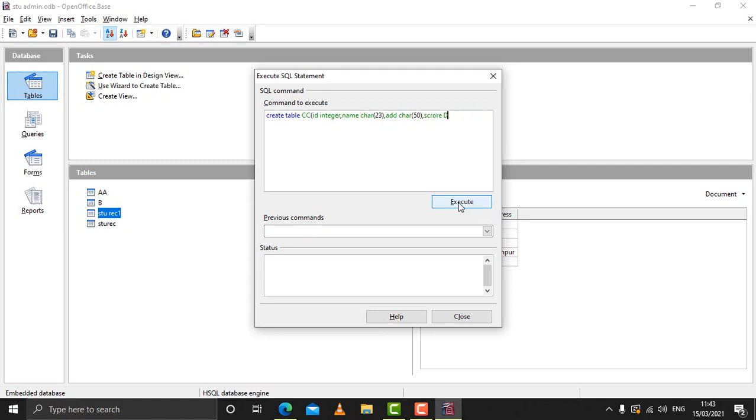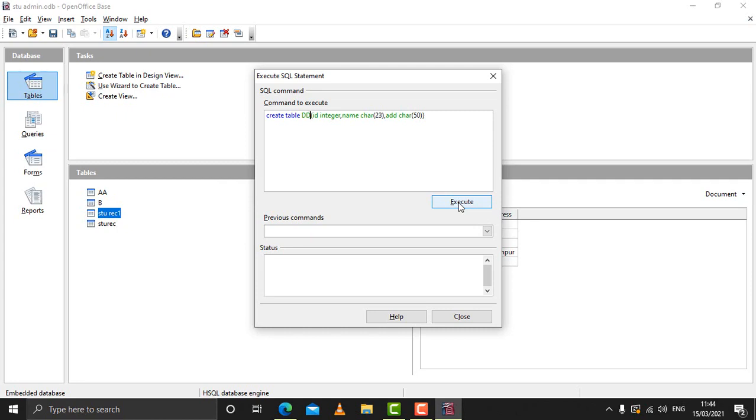So suppose you are creating a new table dd here, and you want the field ID as a unique field where ID should not repeat. One person should have a unique ID, and in that table ID should not be repetitive.